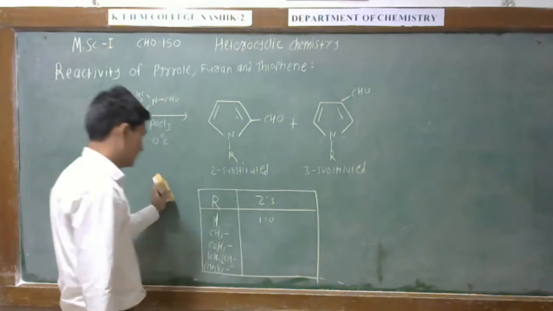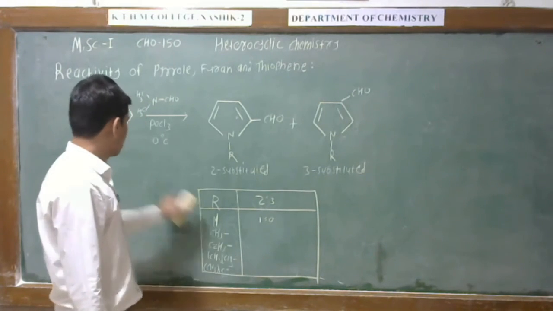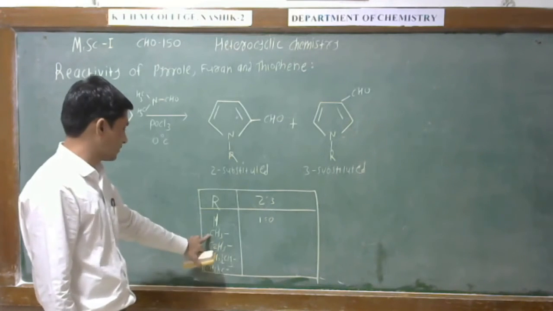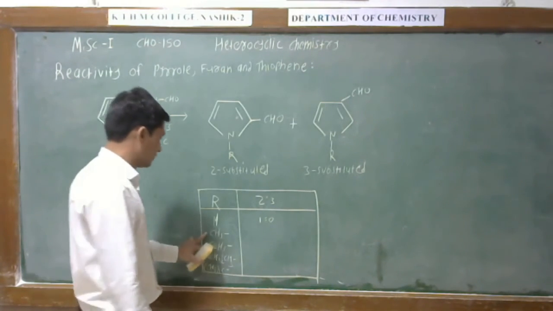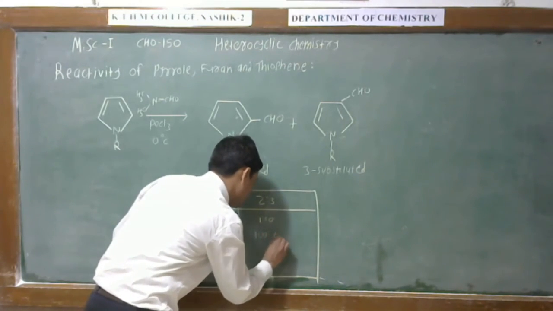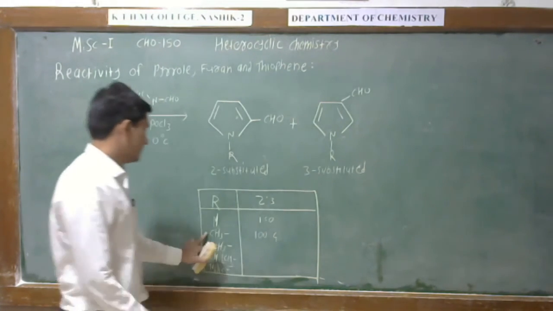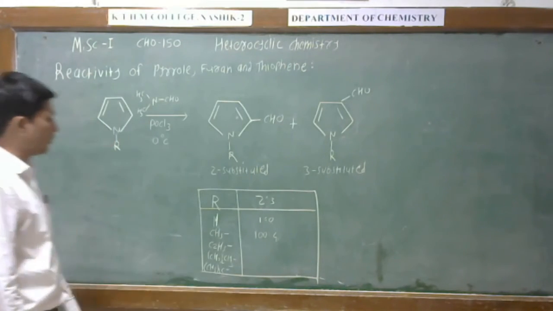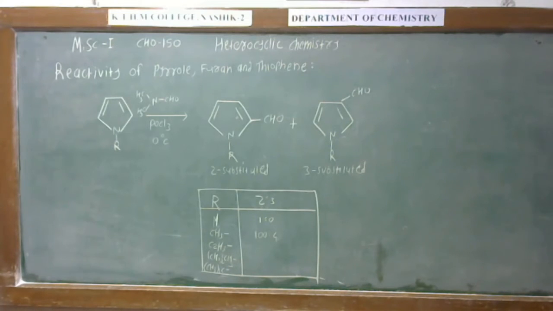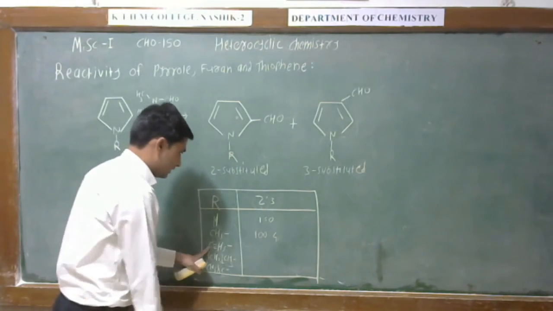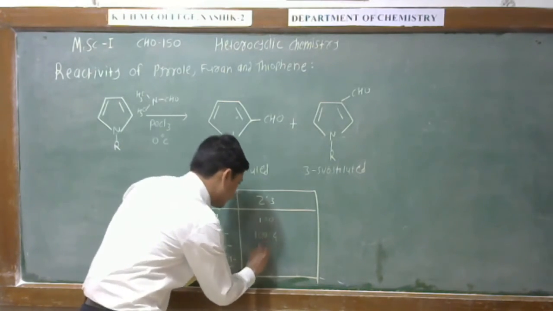1:0, which means that when R is equal to H, then there will be only formation of 2-substituted product. When R is equal to methyl group, then the ratio is 100:4. It means that 100 times there is formation of 2-substitution, and only 4 times there is formation of 3-substitution. When we take here the R group as ethyl group, then we can write here